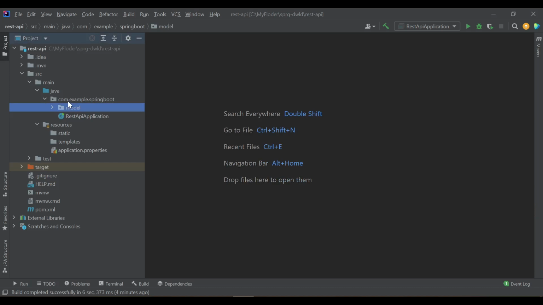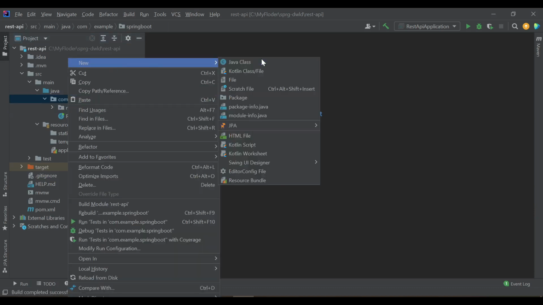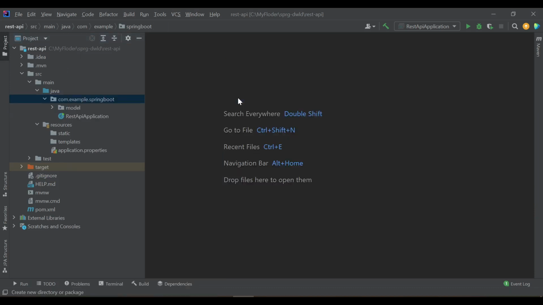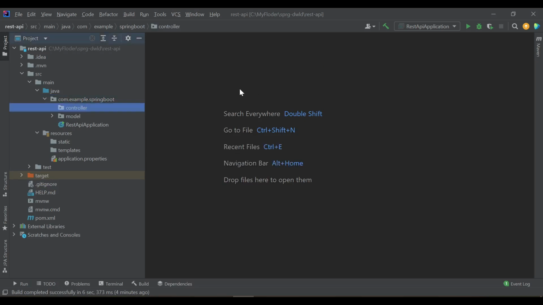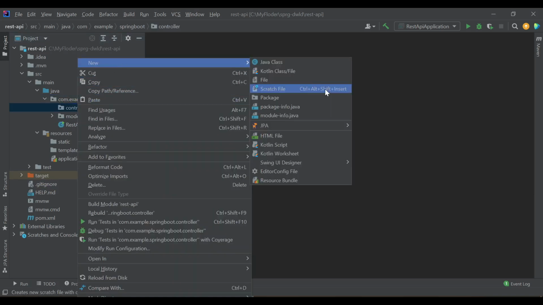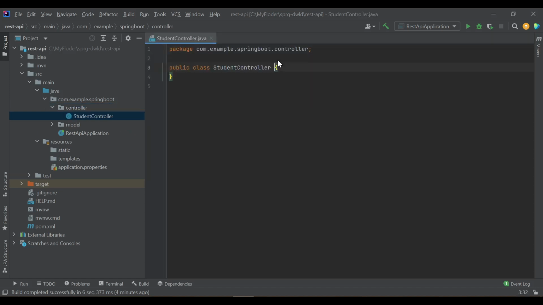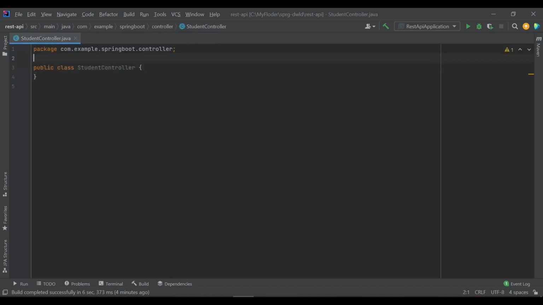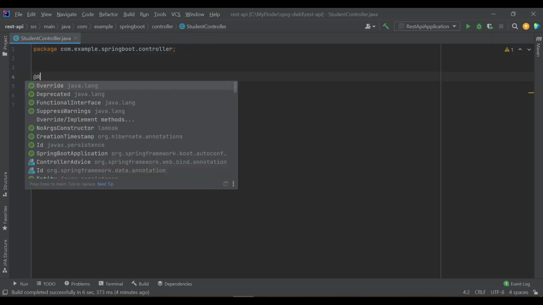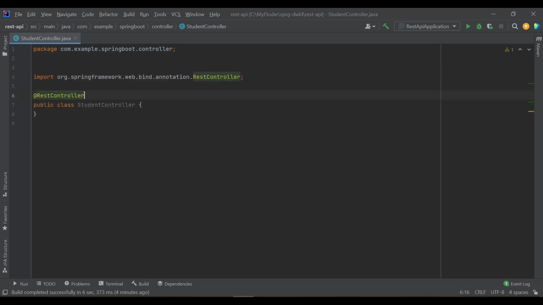Next, we need to define the controller. So let's define a new package called controller, and let's define a class called StudentController. Student controller, right? So mark it as RestController, right? In a Spring MVC application, we use the Controller annotation, we don't use RestController.